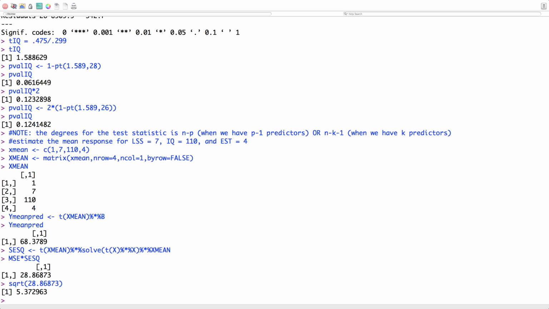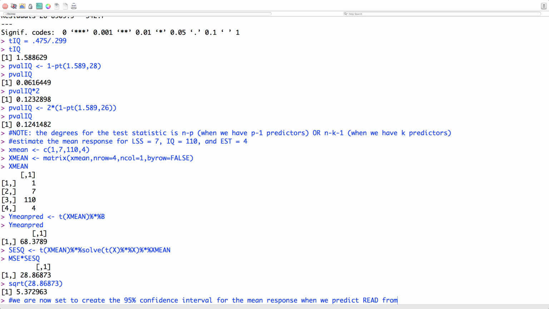So guys, finally, we are now set to create the 95% confidence interval for the mean response